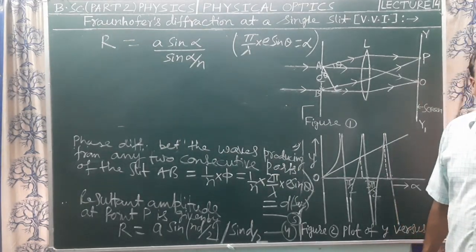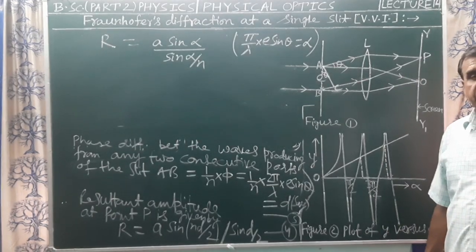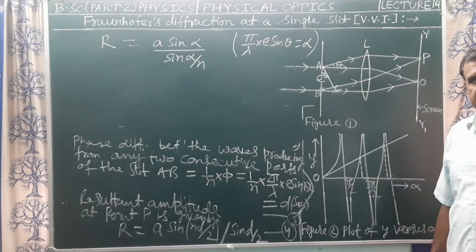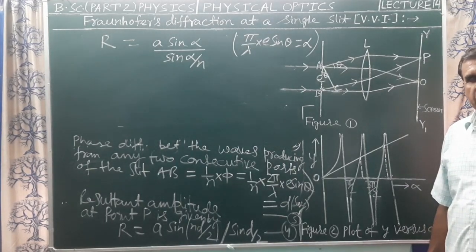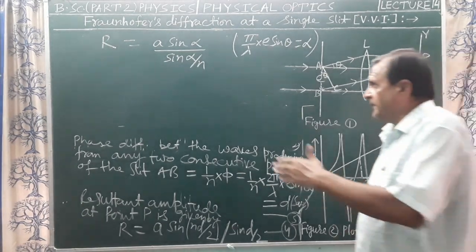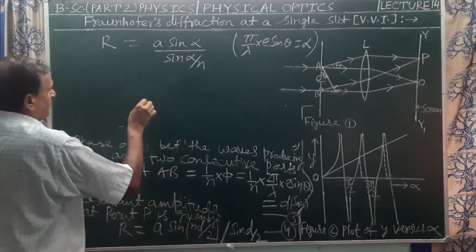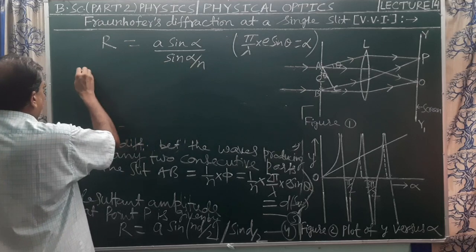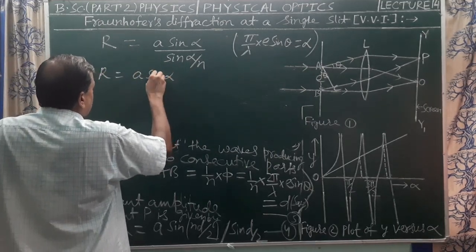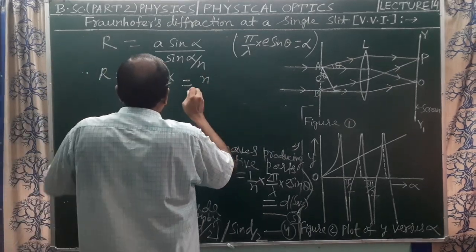Since alpha by n is small, we have divided the single slit AB into n equal parts. If the number of parts is very large, then alpha by n will be small. So for a small value of theta, we can write sin alpha by n is equal to alpha by n. Therefore, R equals a sin alpha upon alpha by n,